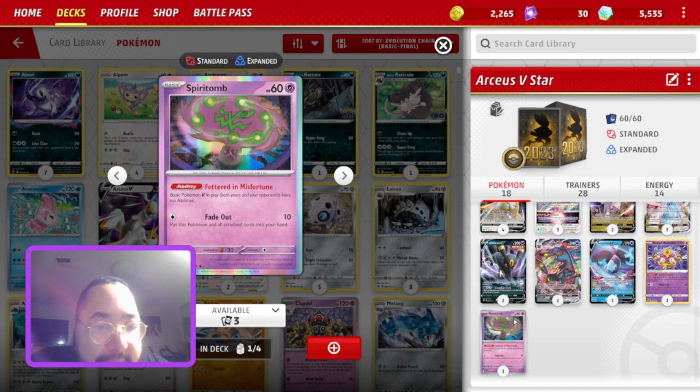Basic V Pokemon in play, both of your opponents have no abilities. And if I'm correct, this does not matter whether it's in the active spot or not. So this can slow down our opponents a lot unless they're able to switch this from our bench to our active spot. And then it has Fade Out, where you can put this Pokemon and all attached cards into your